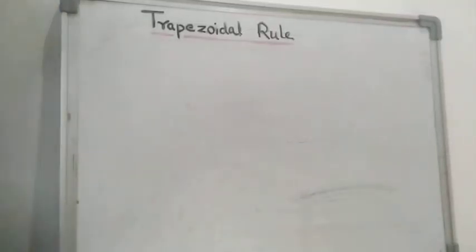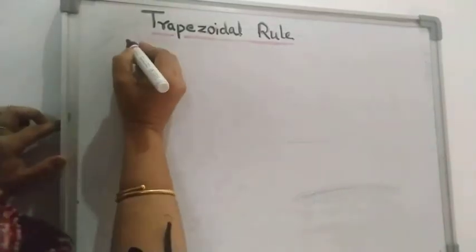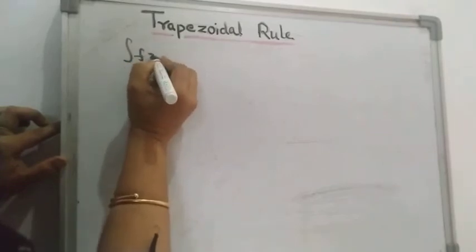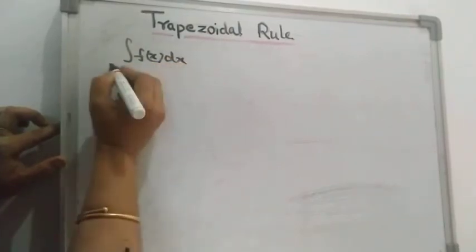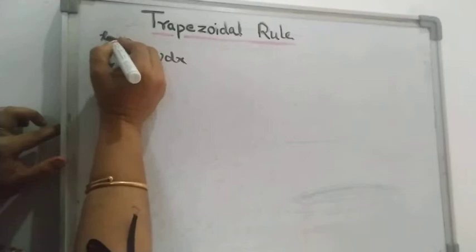Hello students, today's topic is the trapezoidal rule of numerical integration. This formula is derived from the general quadrature formula, and the formula is, if you are asked to find the integral of f of x dx over the range x0 to x0 plus n h,